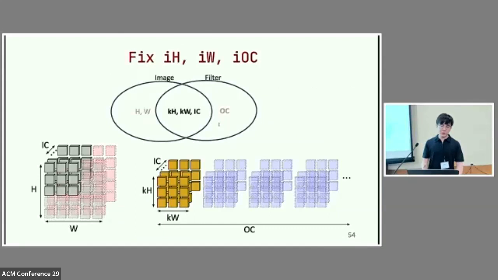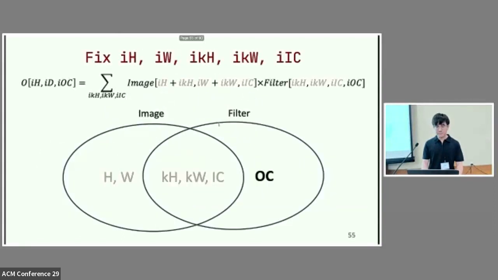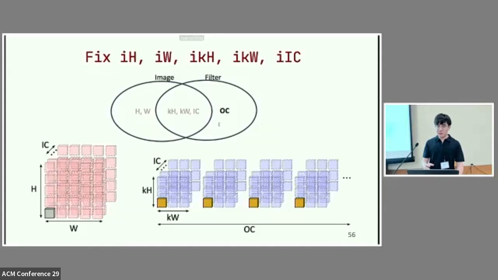In this example, we can see that an element within the image tensor gets mapped to an element within the filter tensor over these three dimensions, kh, kw, and IC, and therefore there's no data reuse between these two tensors along these three dimensions. Next, we try to find the data reuse along the OC dimension by fixing the indices and iterating over all of the other dimensions. By doing so, we find that one element within the image tensor gets reused by OC elements over the filter dimension.